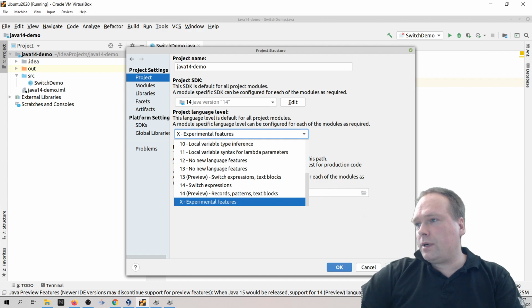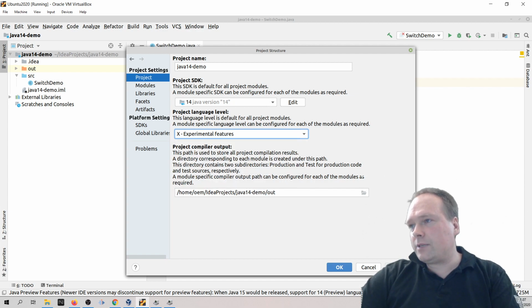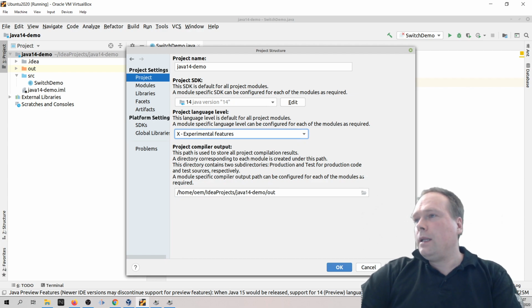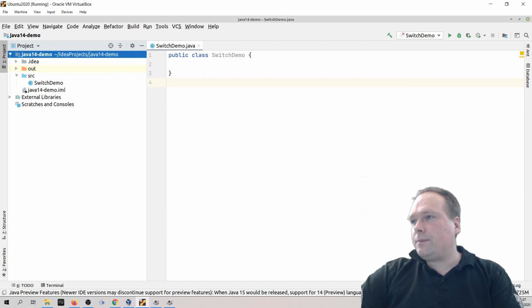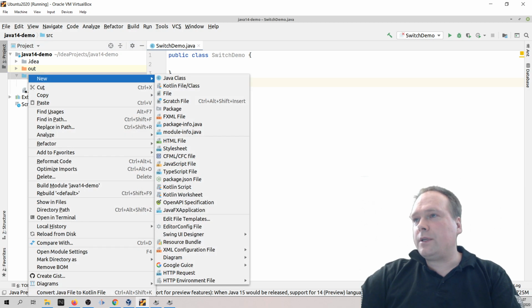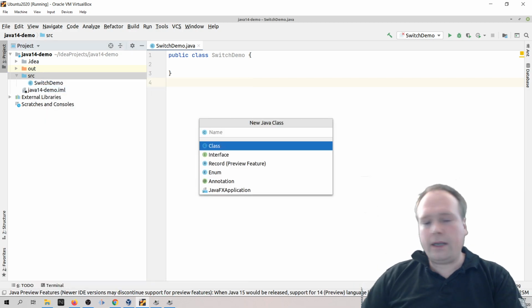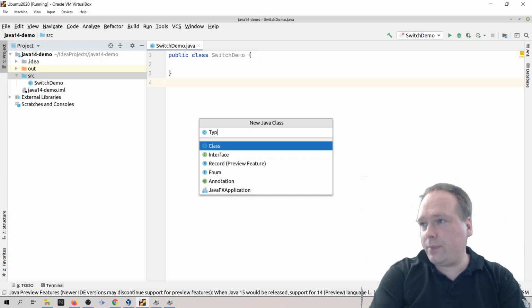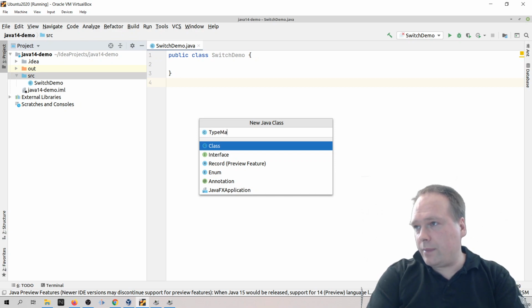And I'm going to just write X for experimental features. That means that I get as many features as possible which are in the pipeline right now. So let me press OK right here, and let us jump right into it. I'm going to show you one feature right now. Let me just create a new class right here, and that is the type matching